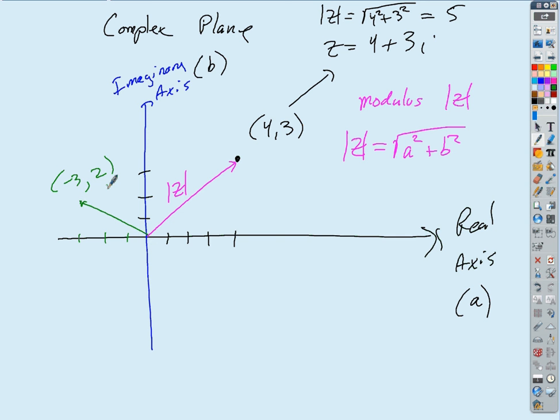I'm going to see, when we get to adding complex numbers, if you can make sense of this. If I want to add those vectors up, I could just put them tip to tail. And this is what we call the resultant. This would be the sum of the two. Wherever I end up there would be the real part and the imaginary part of the sum of those two